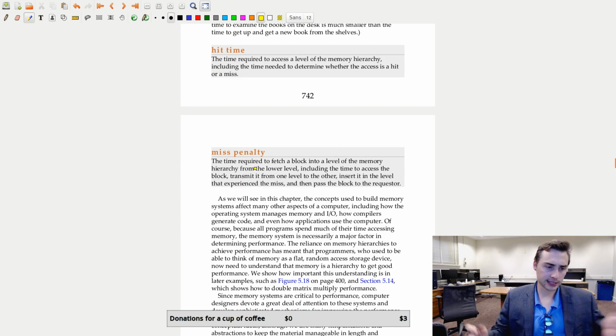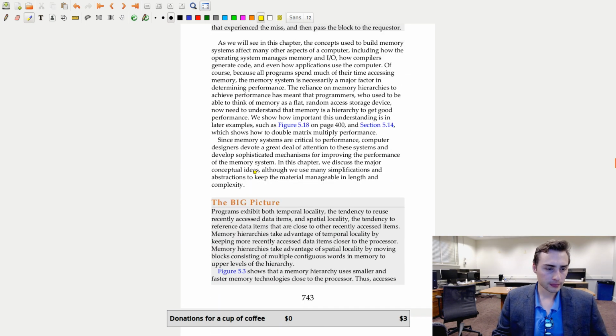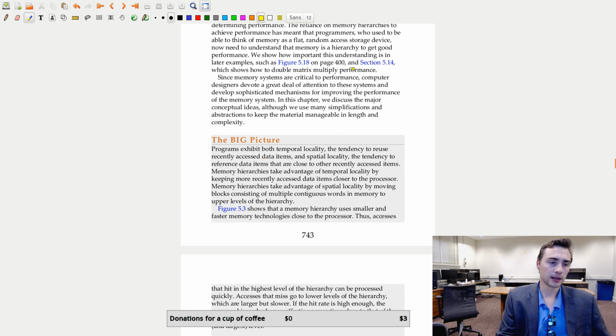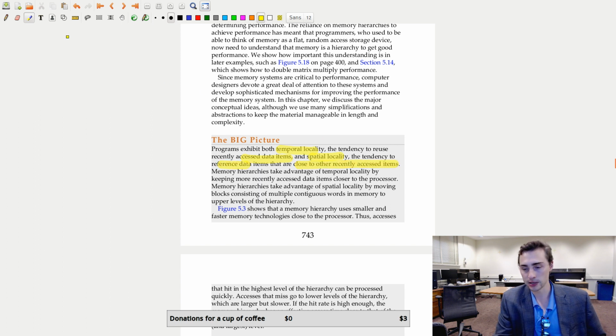Okay, so we went over hit time and miss penalty. So what's the big picture? Programs exhibit both temporal locality, which is the tendency to reuse recently accessed data items, and spatial locality, the tendency to reference data items that are close to recently accessed items. So let's go over what this means. When we talk about something like temporal,